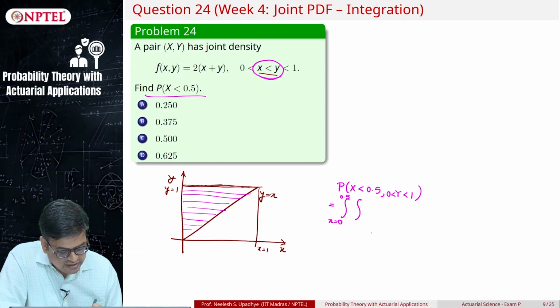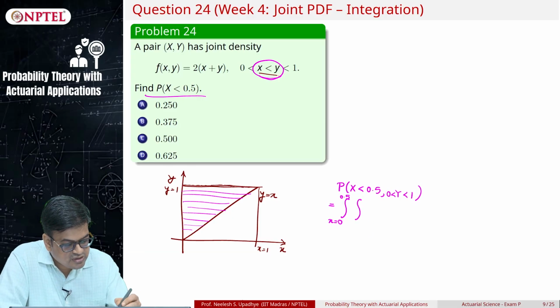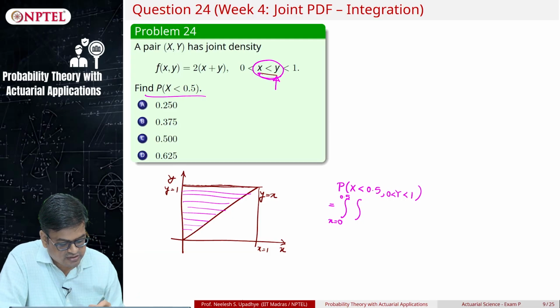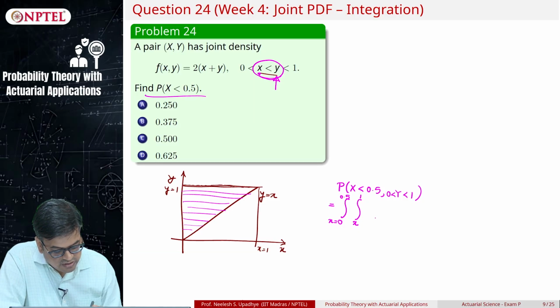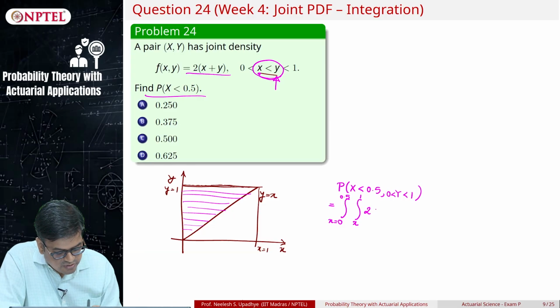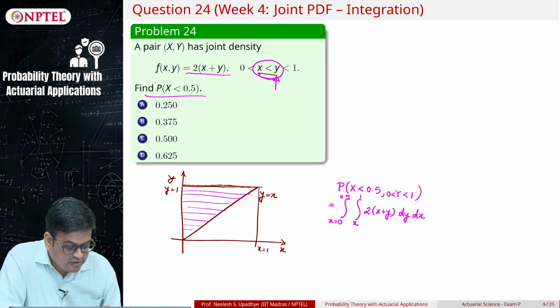And the second integral will be tricky, because you see the lower bound of y always starts from x. So, I have to write this from x to 1, and then this f_XY joint distribution will be active, 2x plus y dy dx. And in order to evaluate this probability, you essentially have to integrate out this dy term, right.